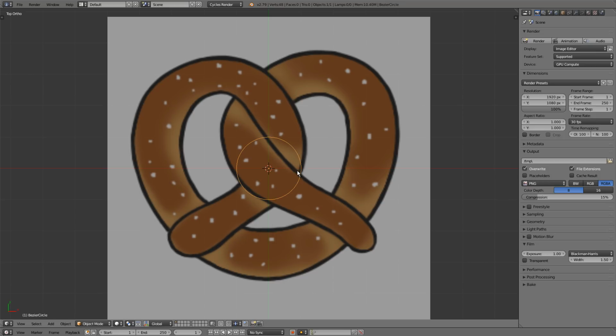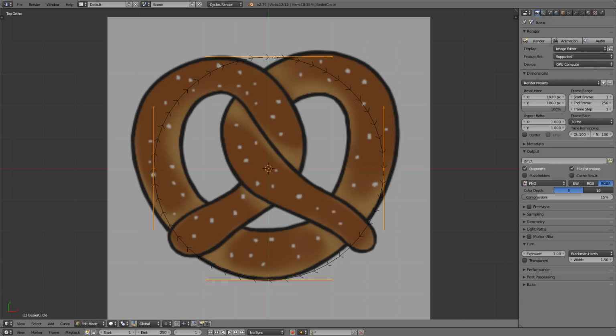circle. Now let me tab into edit mode, and from edit mode we can edit each individual point of this and actually shape the pretzel. And all of them are already selected, so what I'll do now is press S and scale that up to be the right height of the pretzel like that. And right now we have an enclosed circle, so we can't exactly create this shape here because it's open on both ends. So what I'm going to do is delete the segments on the right side, and then we're just going to shape the left side, and then we'll flip that over to the other side and have our full